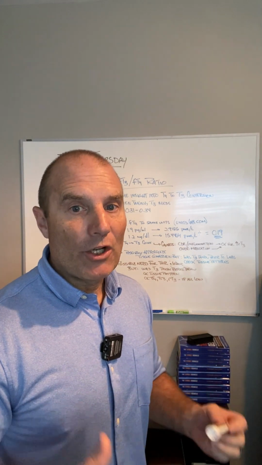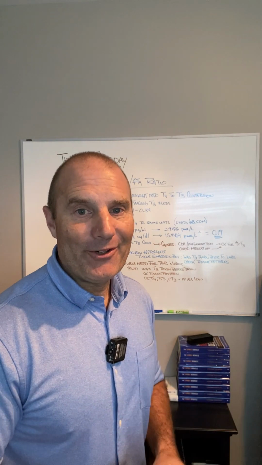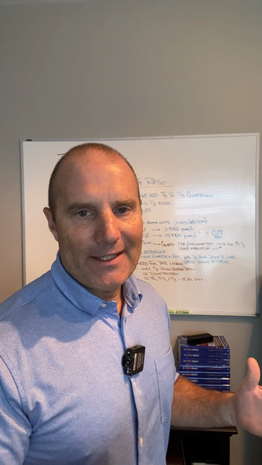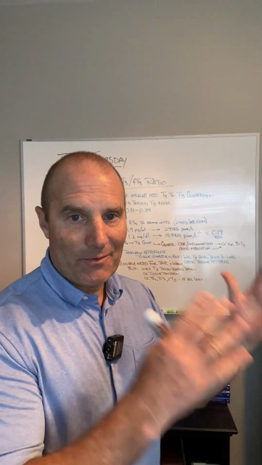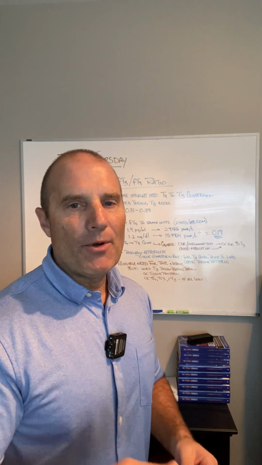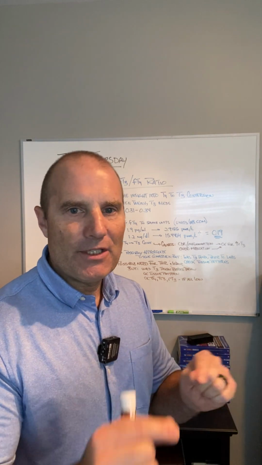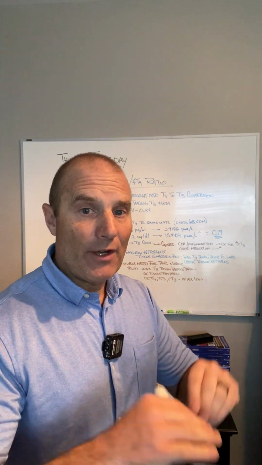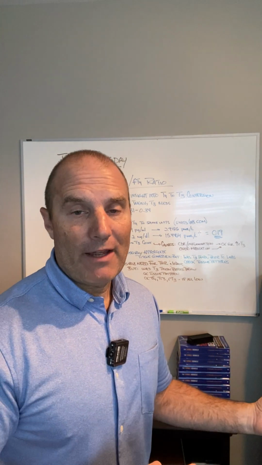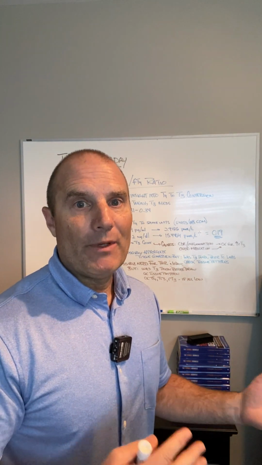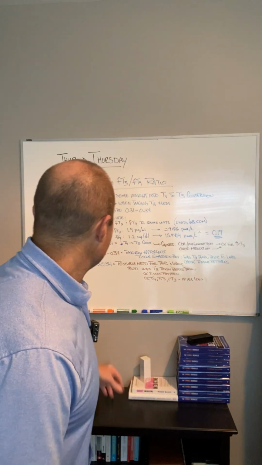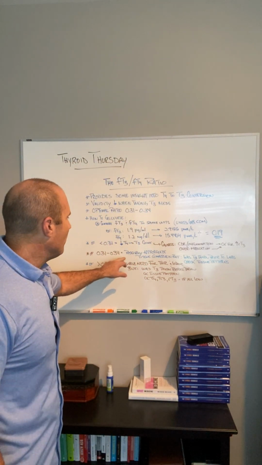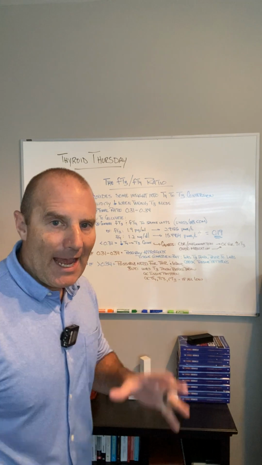So what goes on in the cell matters. We can talk about how much availability there is. That's from what you take or what your gland makes and what's in the bloodstream. But really the most important thing is how do the cells and tissues utilize that T4 and T3 inside the cell. If they're not utilizing it optimally, then you're going to have hypothyroid signs and symptoms, but we can't just assume that that's broken physiology. If your free T3 to free T4 ratio is between 0.31 and 0.34, you possibly have